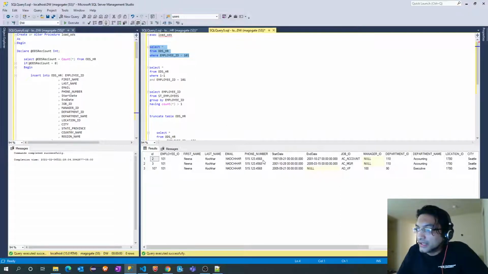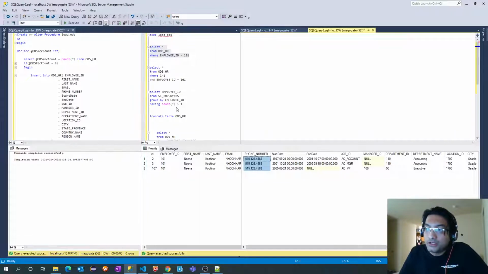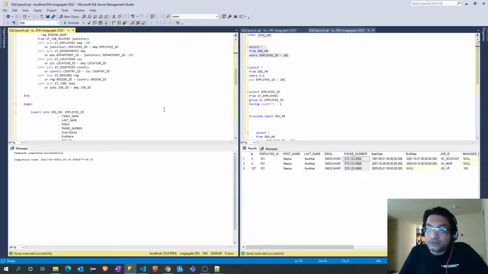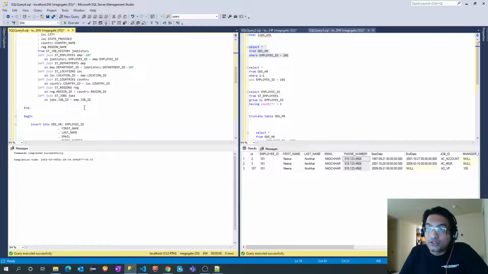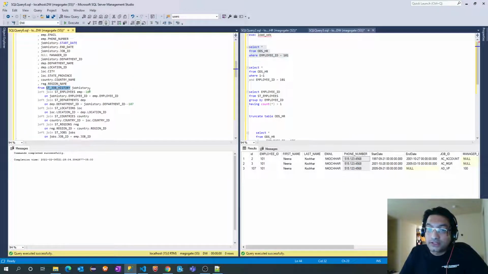If you look here, my phone number is still not updated. Now why is that? Because we haven't handled that. It is definitely not picking that phone number from this first insert, because in the first insert the record is from st job history. The driving table is st job history.